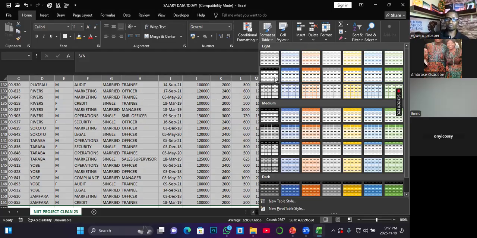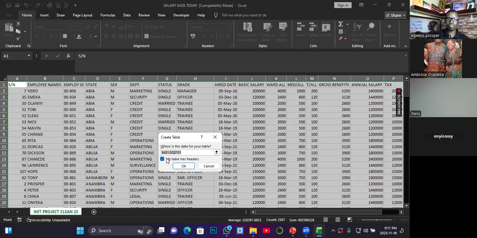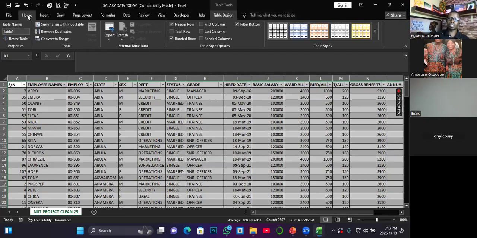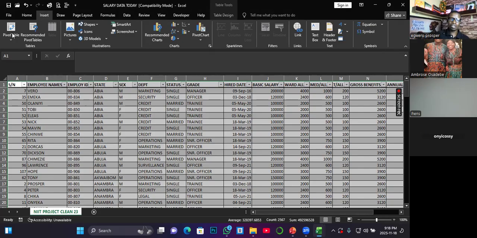So you can choose from any of the categories. Let me choose from Light, and then make sure that this option is checked to indicate that you want to maintain your headers. You don't want the pivot table to generate its headers, and then you click OK. Now, once your data is formatted as tables, the next thing is for you to go to Insert, and